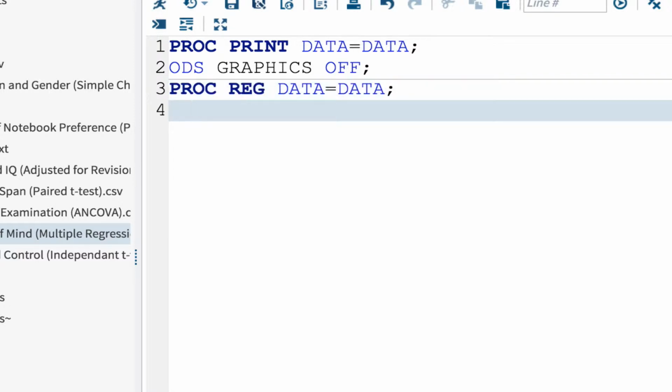Something that a lot of people don't know about SAS is that if you have multiple models, because what we're going to do is create two models and then work out the difference between them, you can actually label them on the line that you write them. So for our first line, we're going to say it's the base model because it just includes age, and